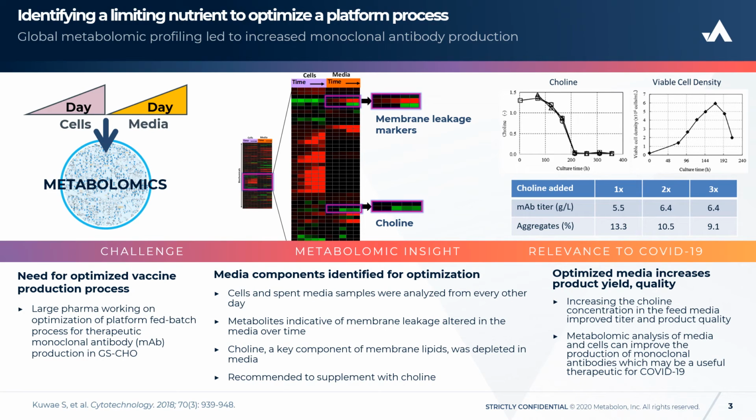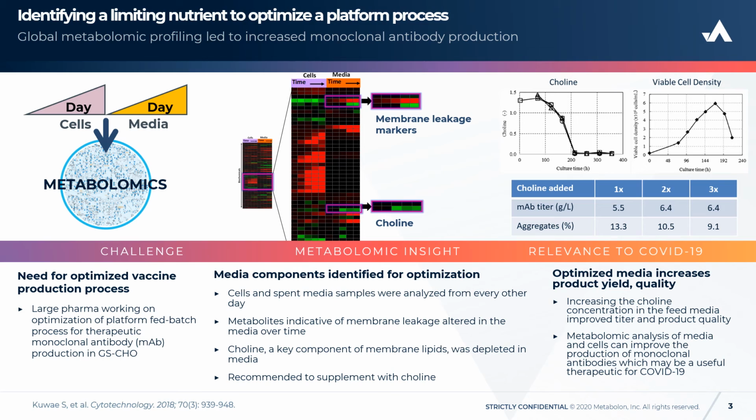The Metabolon insight that was generated from this came from analyzing both cell pellets and spent media. The global Metabolomics library that was used to generate the large amount of data could be distilled down to a number of key observations. The first being markers of membrane leakage. In the media, we identified metabolites such as glucose 6-phosphate, which should not be found in the media in a cell culture background. When glucose is phosphorylated in a cell, it's typically retained intracellularly. So when we see it outside the cell, while it's supposed to be maintained intracellularly, it's an indication of membrane